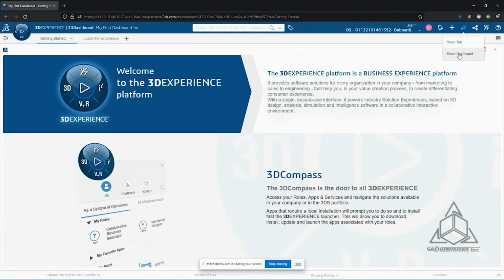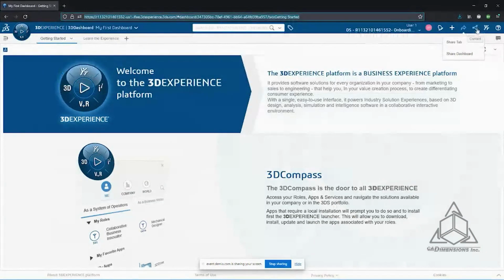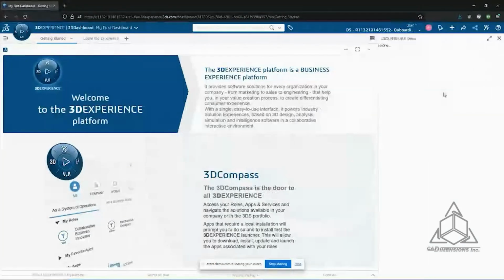So that is a function that is available on the 3DExperience platform, and that shared community dashboard becomes a point of focus, a point of common operation of all of the members of the project team. The next function button, this content function button, gives me access to a function called 3D Drive. If I click this, it gives me access to my 3D Drive